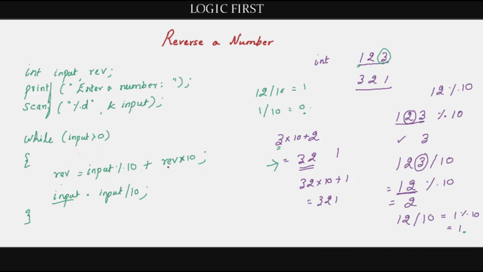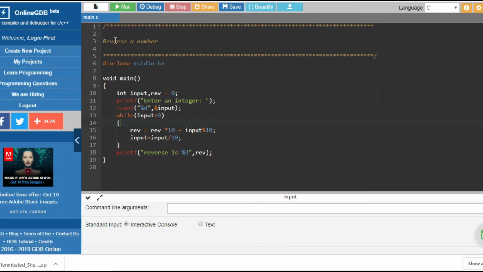That's it. But since we have this reverse into 10, initially for the first time, the reverse might have some junk value. We have to initialize it. If we initialize it to 0, then this term will be 0 during the first calculation. So it will just be perfect. Let's initialize reverse to 0. So you just have to print the value of reverse after this. I have written the exact same logic here.